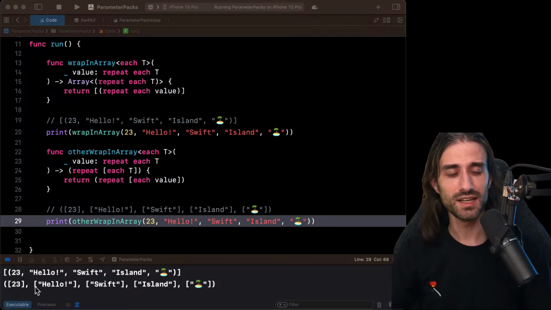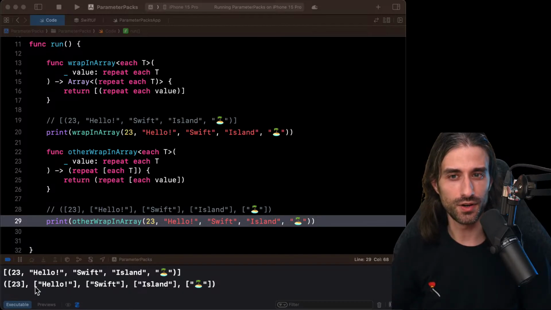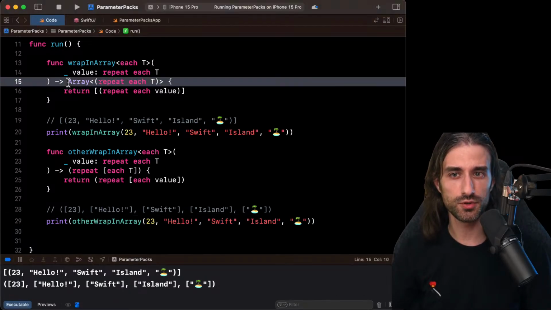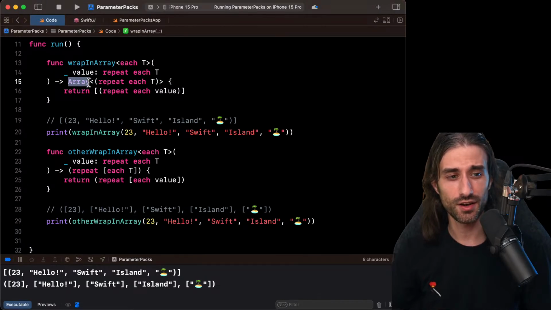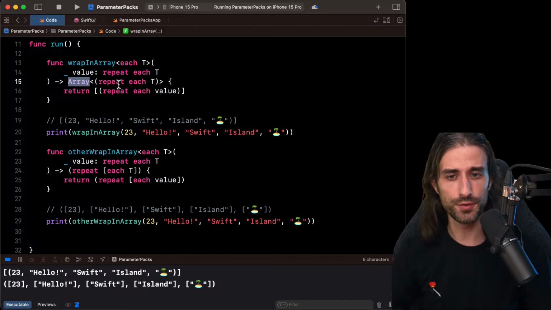So you can see the difference. You can see that we have basically distributed the array over the elements of the tuple, because the array used to be outside and now each element of the tuple is wrapped into an array of its own. And when you think about it, it's what we've done basically. We have distributed the generic argument, the generic type array, over each of the members of the tuple. And by doing so, we've seen how to build an even more complex syntax using parameter packs.